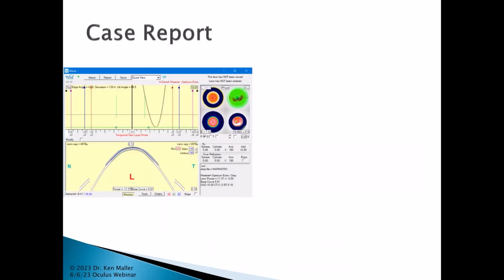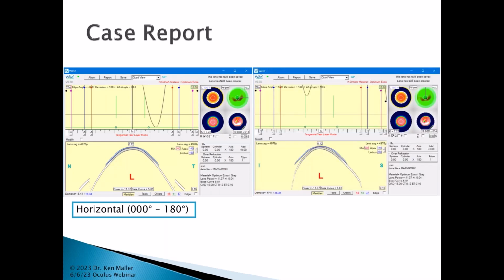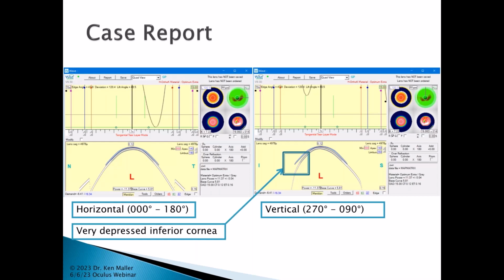This is the older WAVE software, and one of the problems that you have when you have corneas like this with data that's not stellar is that when it gets fed into WAVE, WAVE is going to have a tough time dealing with the data as well. And you can see this was certainly no exception. The cornea looks truly bizarre over there. This was along the horizontal, and this was what the WAVE screen looked like in the vertical. And you can see the vertical, even though the cornea looks so bizarre,